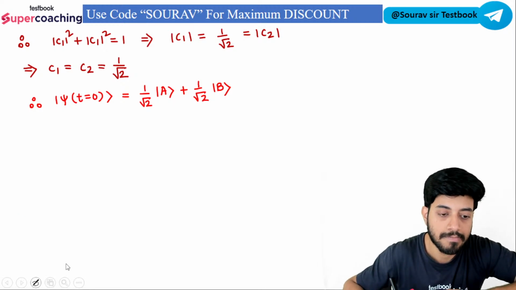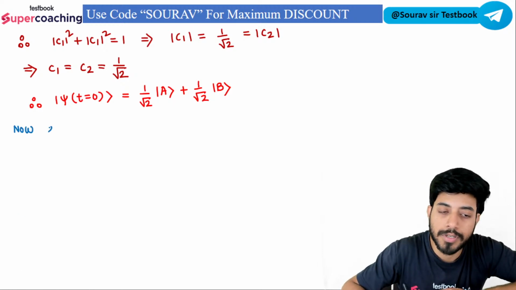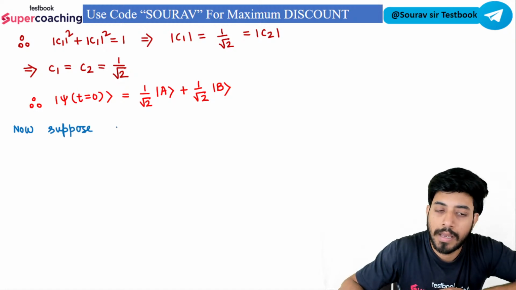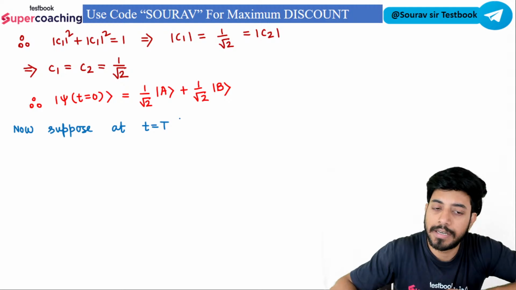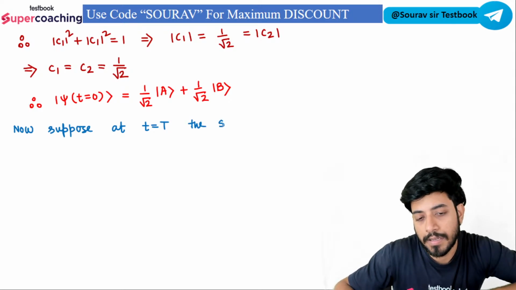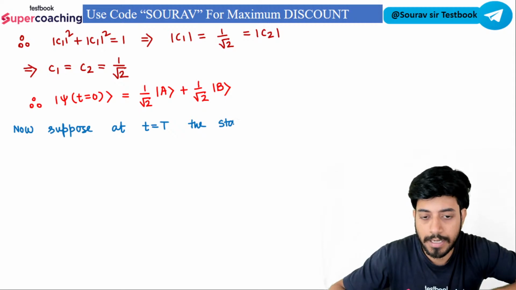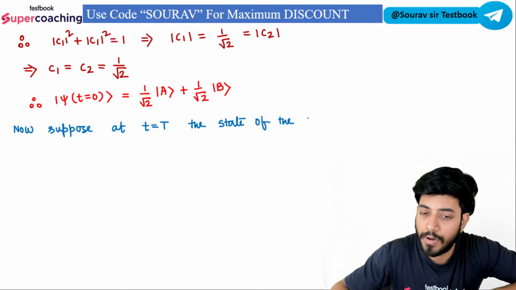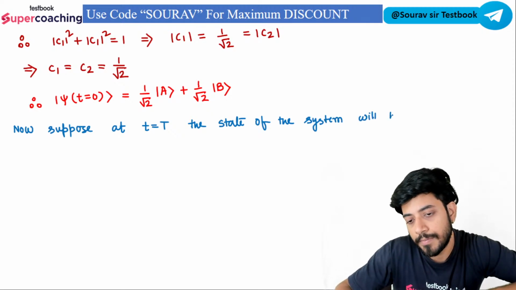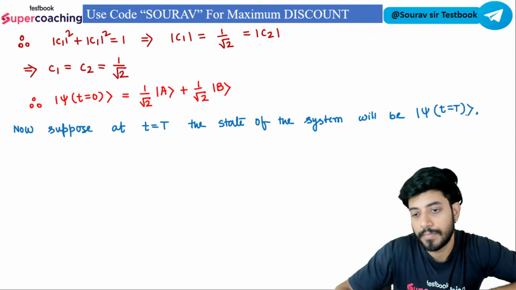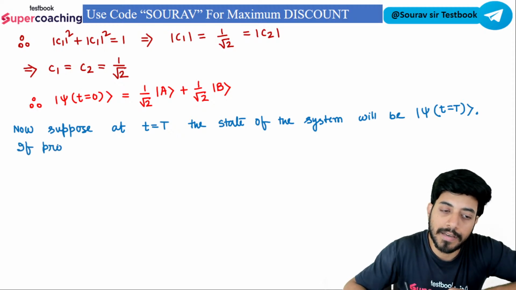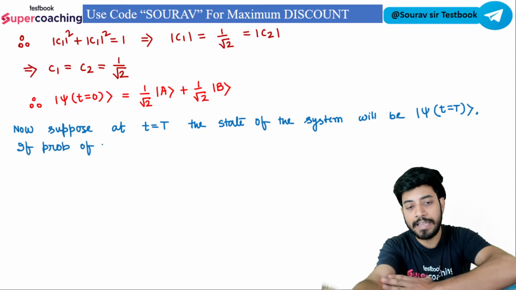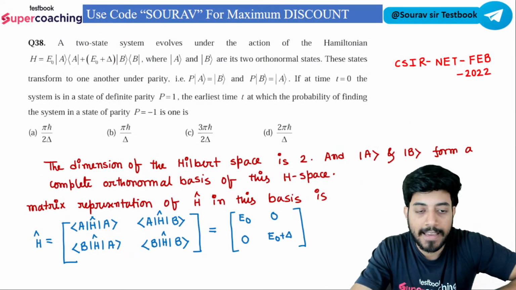Now suppose at small t equals to capital T, the state of the system will be psi of small t equal to capital T. If probability of finding the system with parity -1 is 1,